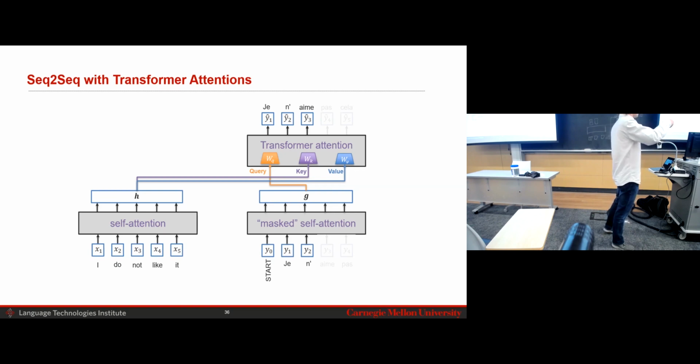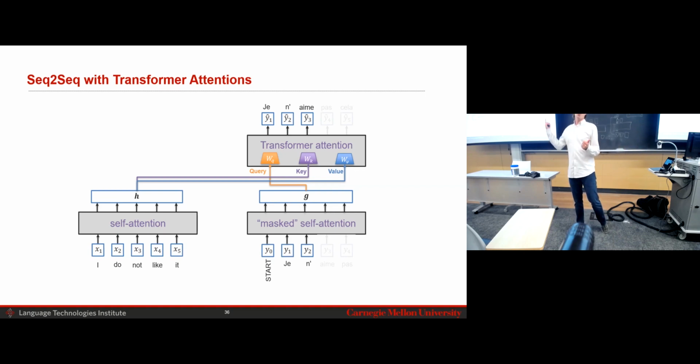So the keys, you're going over all these options as keys, and then based on that, I will know how to generate. And then I will take that word, I will copy it in an autoregressive way, and that will become my new query, and then I will look over all the words, which one is the most relevant, and I will generate my next word, and then I go. So this is a little bit complex, but I'm showing it because the first paper on transformer was a machine translation paper. So they took that transformer, and in fact,